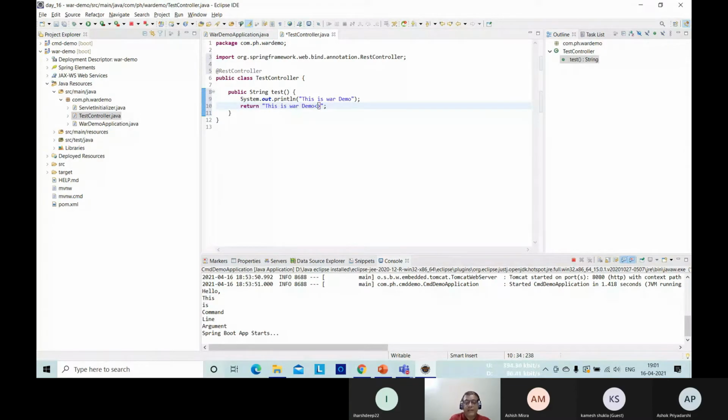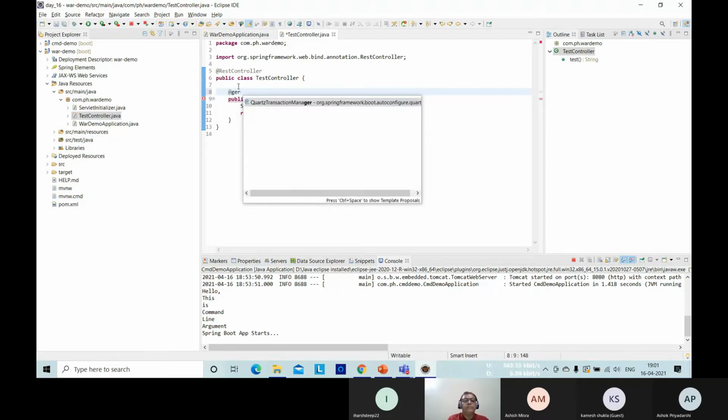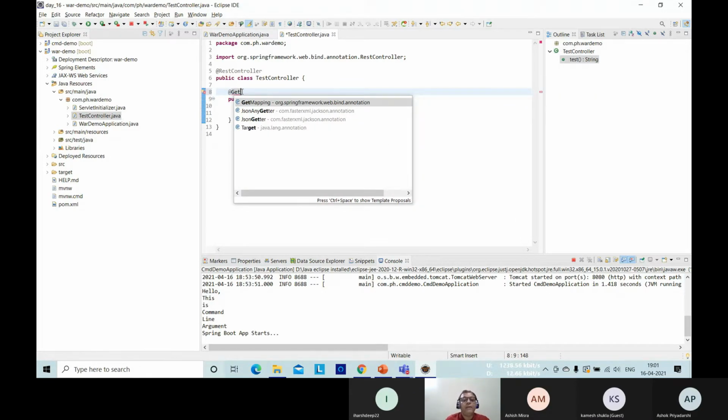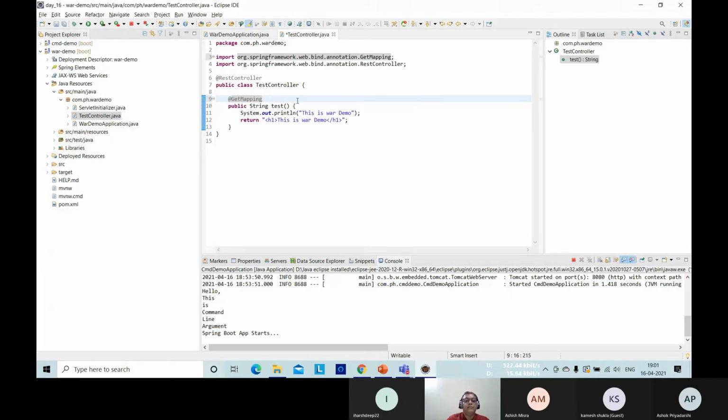Let me have some tag, suppose H1, so it's bold kind of thing, big as a title. H1 tag, you know. Now you have to annotate it with GetMapping. So let's have mapping here. So now let's save.